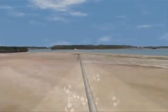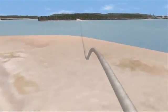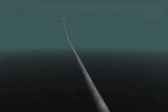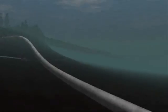At Gladstone, the pipeline crosses the coast at an area known as the Narrows, where it is buried beneath the seabed, safely out of the way of marine life and shipping, and enters the LNG plant at North China Bay